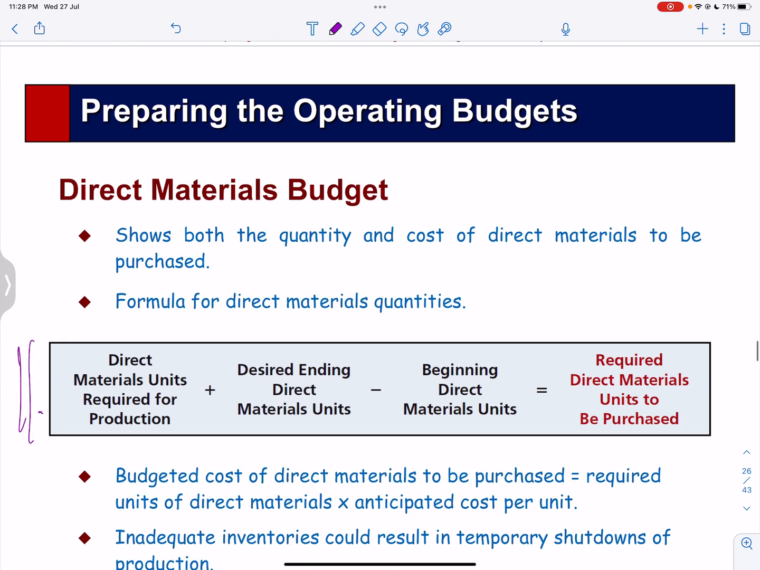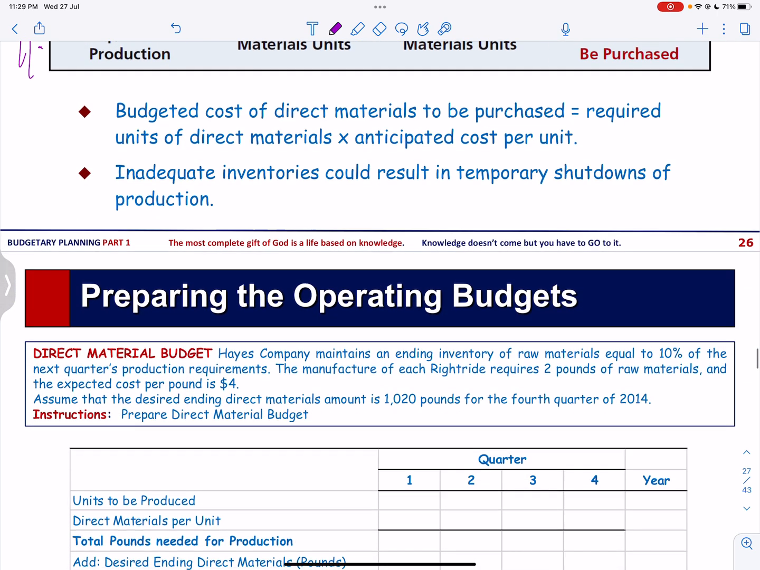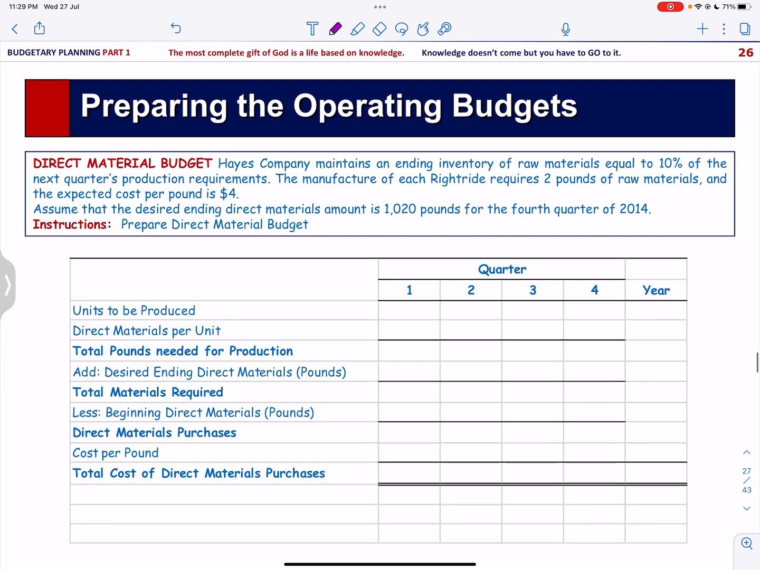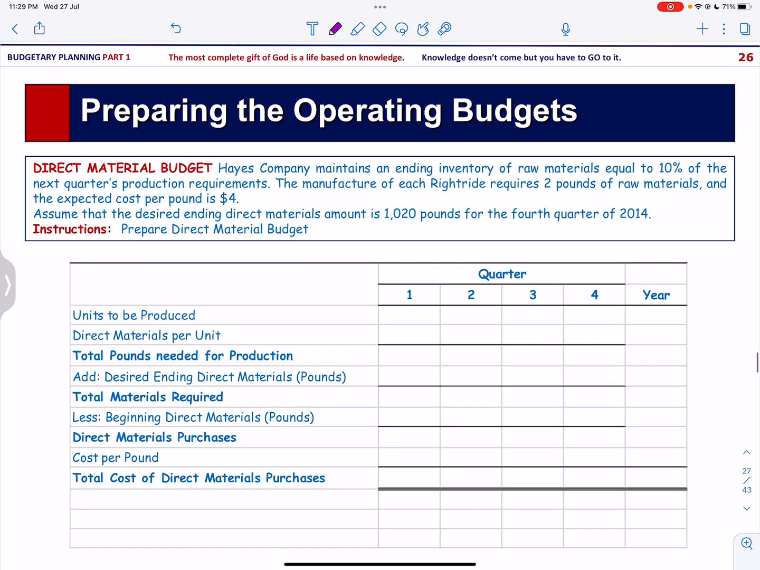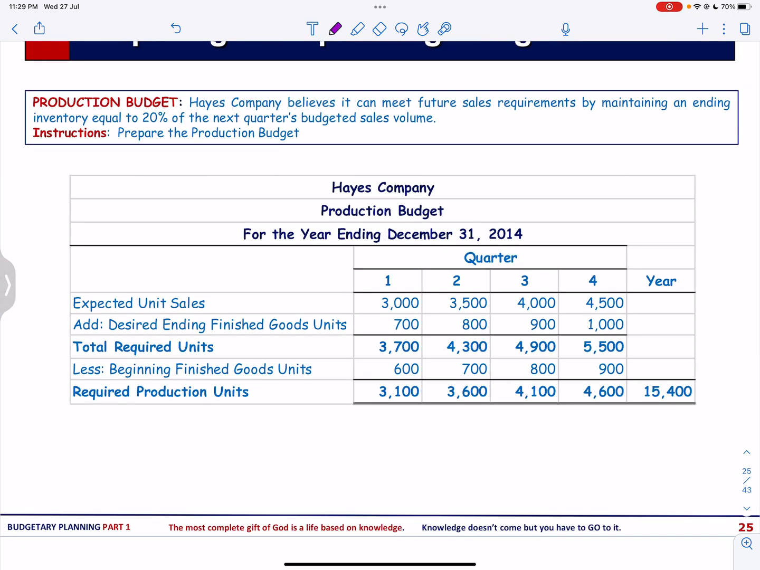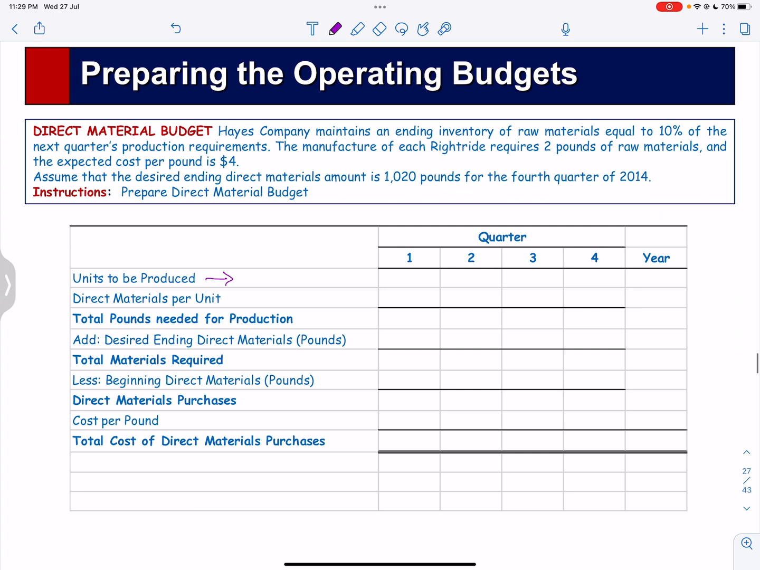And we are going to solve an illustration on direct material budget. Hayes Company maintains an ending inventory of raw material equal to 10% of next quarter's production requirement. So we are going to have the units to be produced from the production budget, and the units required was 3,100. These are the units to be produced. So we simply copy these values here: